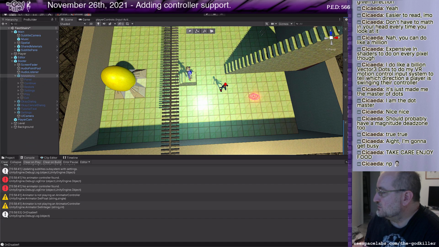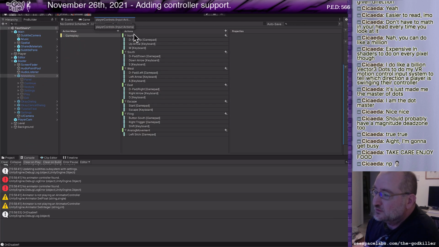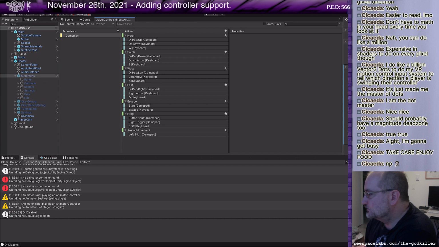Okay, the thing that's missing for me is how does it map the action map? How does it take the action map that I defined over here for player controls with these north, south, west, east, etc. and apply that to this stuff over here?